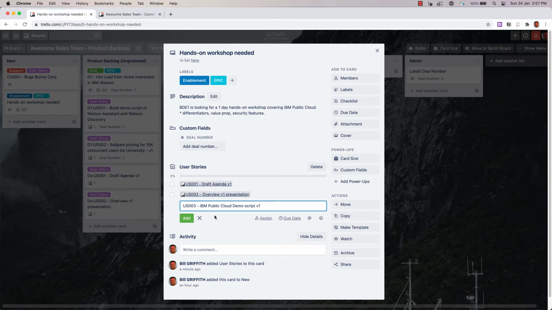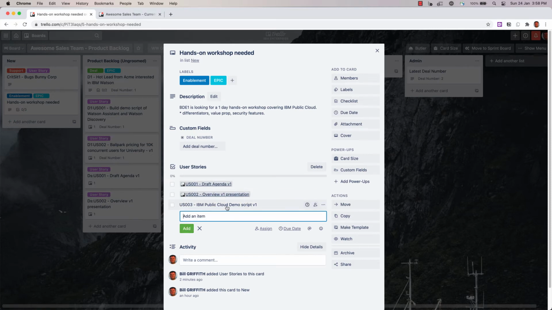We can list them later. We don't really need to go into that great a detail, try to iron out all the details at this point. We're just trying to figure out what can we get done in the immediate future. And then once we get feedback on the agenda, then we'll do the work on getting the rest of the